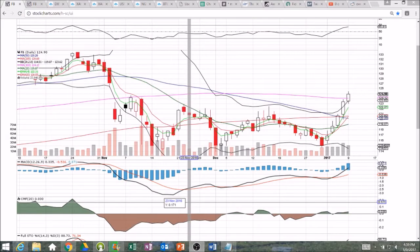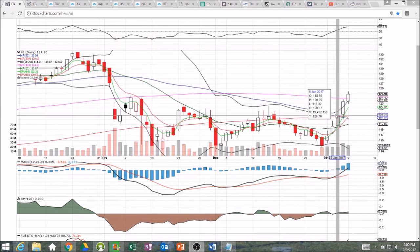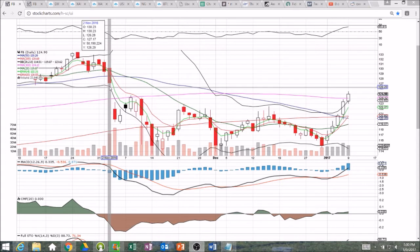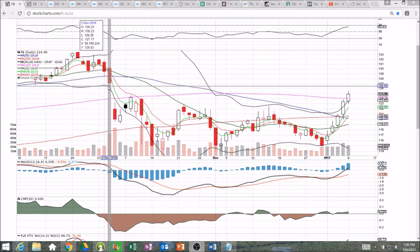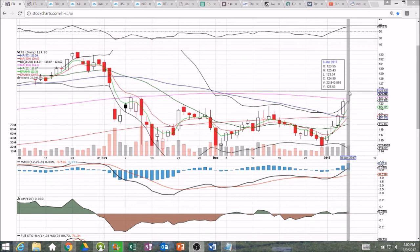Checking in on Facebook, and these bulls are still very strong. 5 days in a row, we broke out above the upper Bollinger Band to end last week. We continued today. And after 5 big bull days in a row, we can be looking for normal, healthy consolidation, and I'm going to be looking at this gap fill, 126.28. We'll look to fill that gap, and then we'll start to look for signs of weakness. As of right now, we don't have any signs of weakness, so not fighting this trend, but that is a target to be looking at after we have seen a move pretty much 115 up to 125 in 5 days